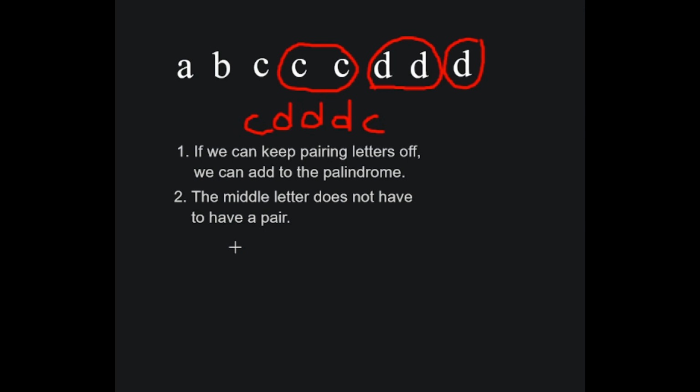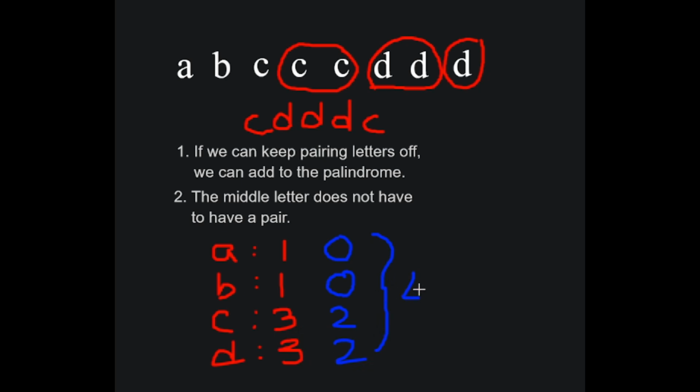Now to calculate the length of the palindrome, we should first start by calculating the number of occurrences of each character. A appears once, B appears once, C appears 3 times, and D appears 3 times. How many of these can be paired off? A, since it's a singleton, none of them can be paired off, so 0. Likewise for B. C, there's 3, so 2 of them can be paired off. And D, there's 3 of them, 2 of them can be paired off. So a total of 4 characters